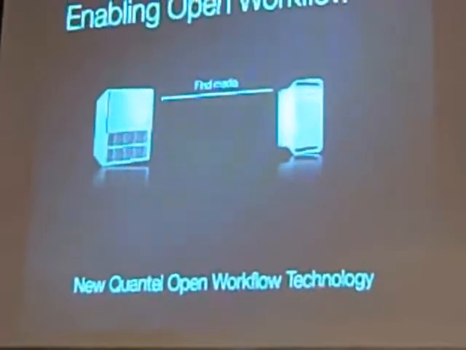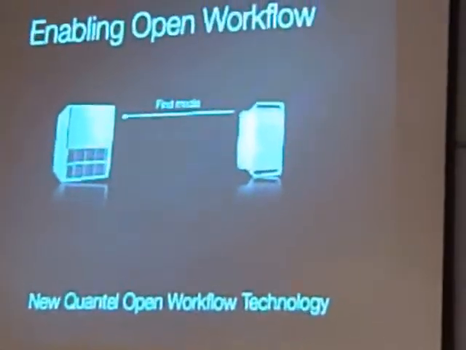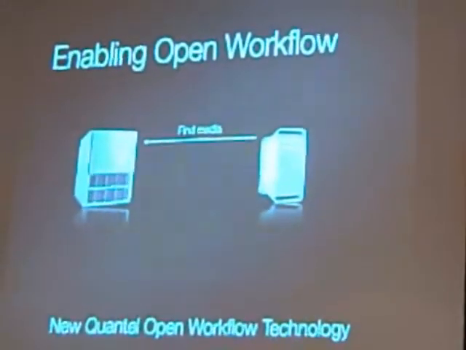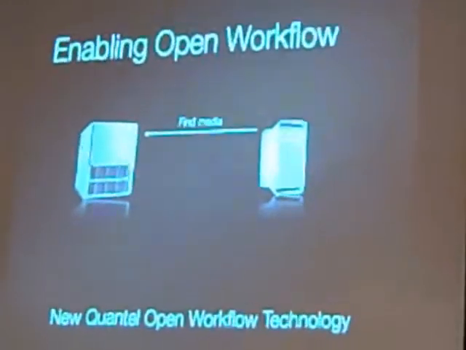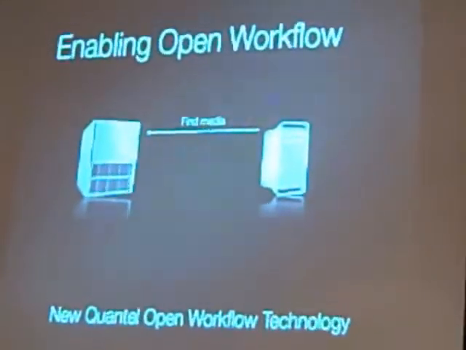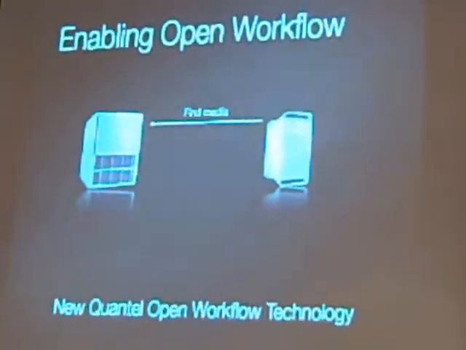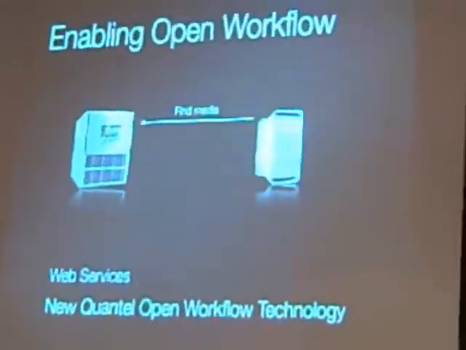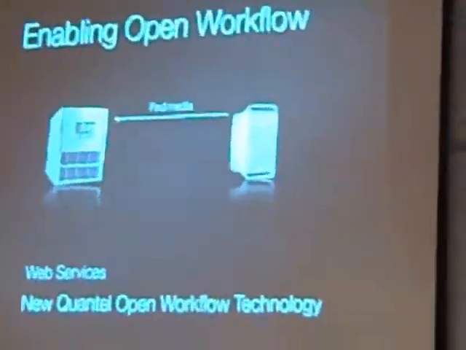So how do you find media? Well, in the olden days, you just used to look down a list of clips in a directory. But if you've got 100,000 clips, that's not a good way of finding media. So what we have is a Google-like search application to let you search the SQ server. And that's written using web services as a rich internet and browser application. So you type in the stuff you're interested in, and it finds it for you. And magically, that media is now available. You just drag it into the Final Cut Pro bin. It's there.